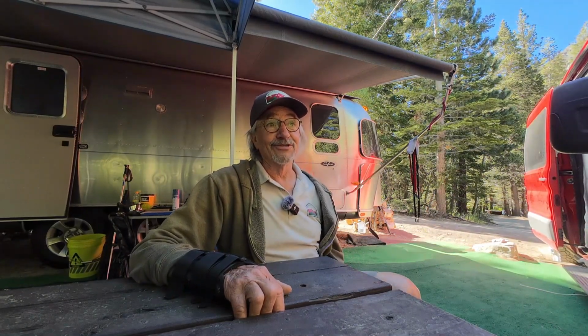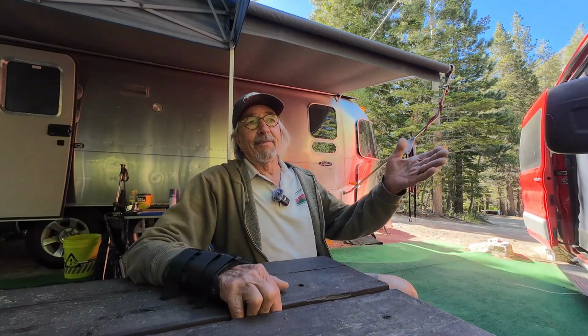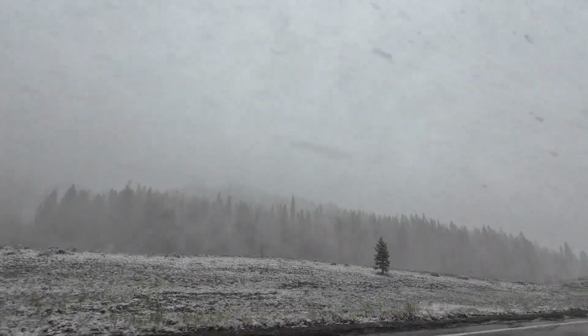And I mean, this thing, it's unbelievable what it'll do. There were 2 guys at the bottom of the mountain camped down there that wouldn't come up because it looked too steep, and they had lifted Sprinters and they wouldn't come up the mountain. But it's been that kind of van. I mean, I went up the Buttermilks in 10 foot of snow and went all the way to the end